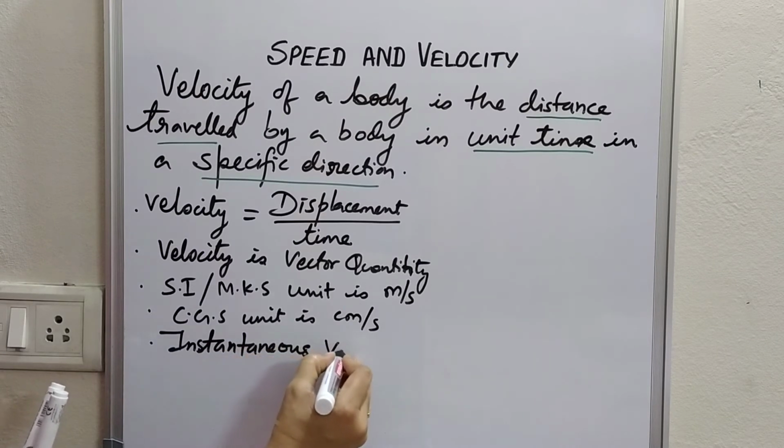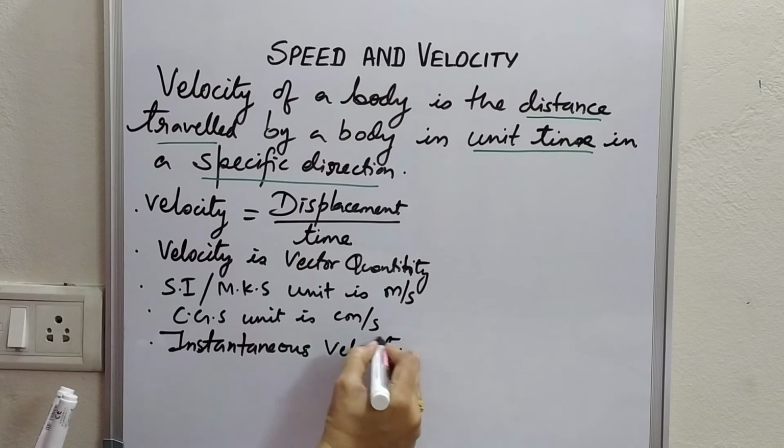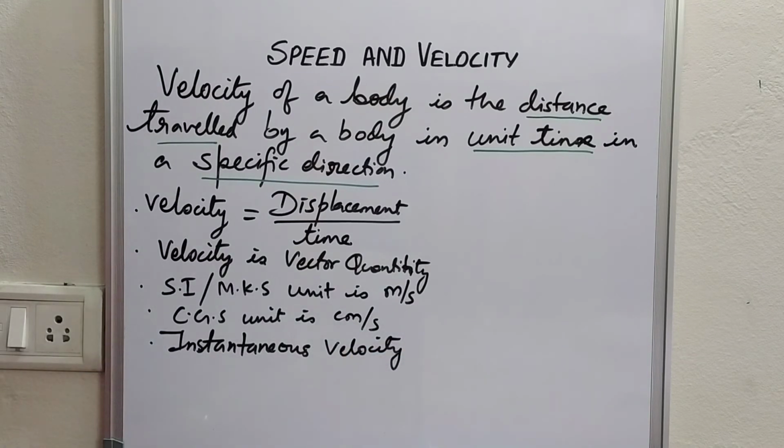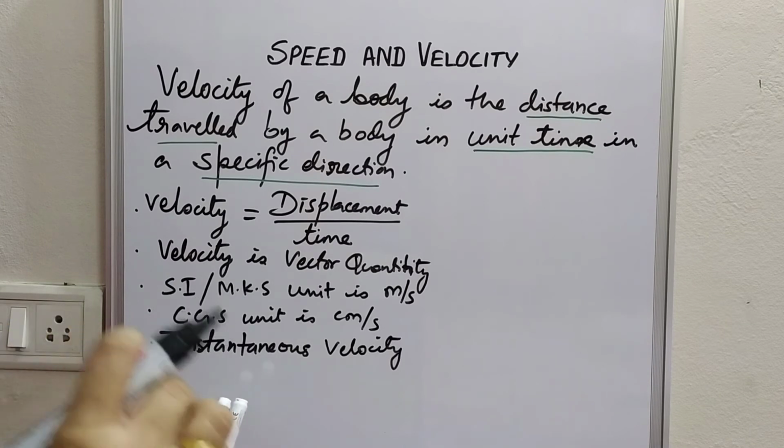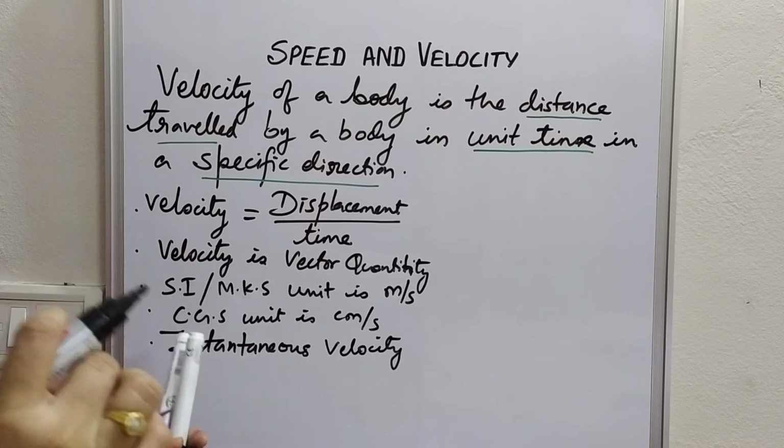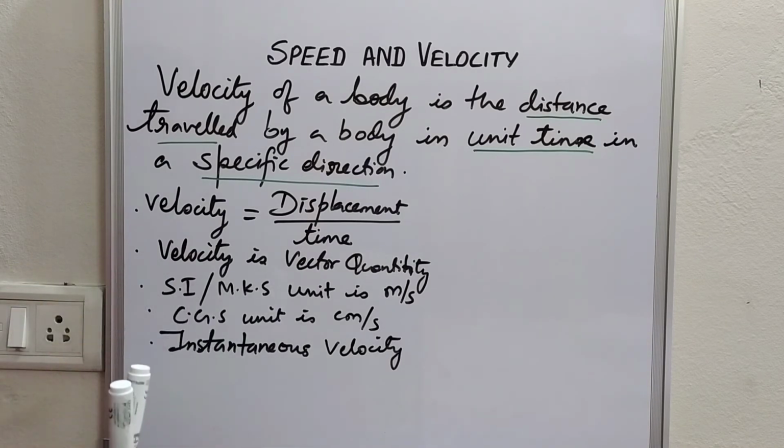The way we had instantaneous speed. Instantaneous speed is the speed of a body at an instant of time, and that we read using a device or instrument called speedometer that is fixed to our vehicles. Instantaneous velocity is also velocity of a body at an instant of time. But direction of instantaneous velocity can be found by drawing a tangent to the curve of the graph of a variable velocity. Means when the body is in non-uniform velocity.